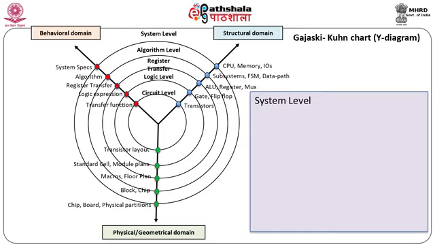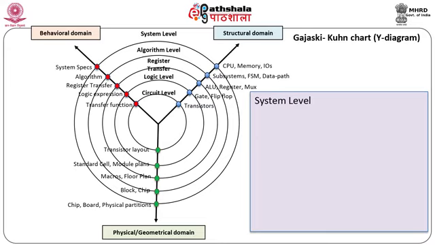In the Y chart, the 5 concentric circles define hierarchical levels in the design process. The abstraction level increases from the inner to the outer circle. The building blocks in the digital design are most commonly used part at the physical level. These parts are the components used in the structural view. Behavioral and physical representations are the descriptions for the behavioral and physical views.